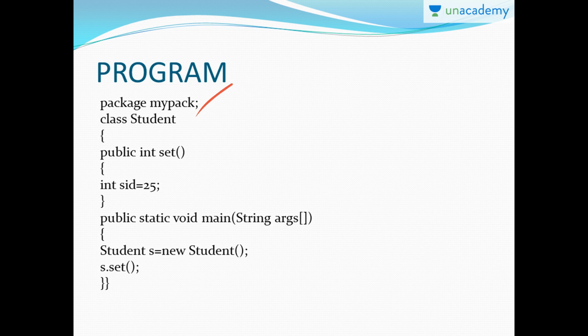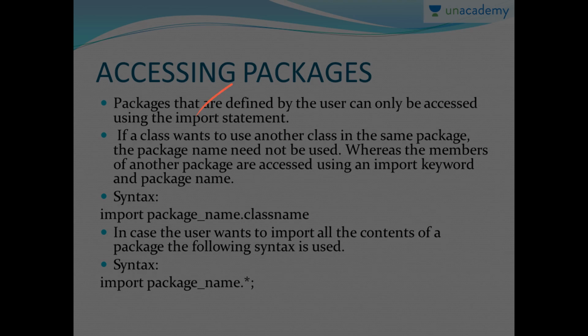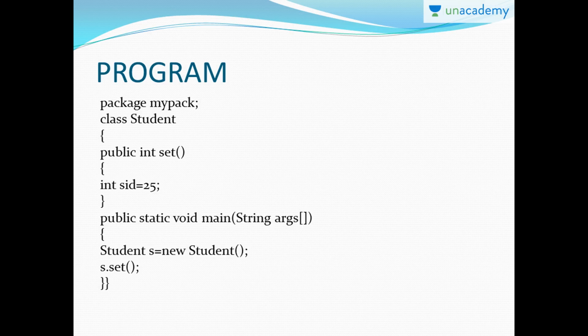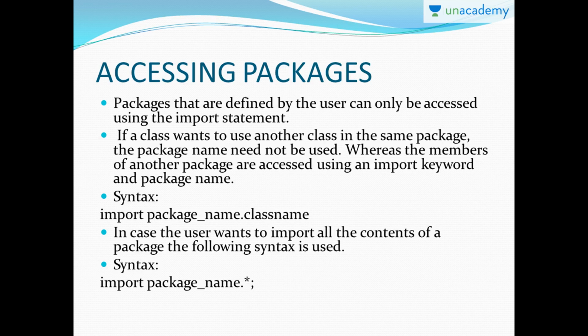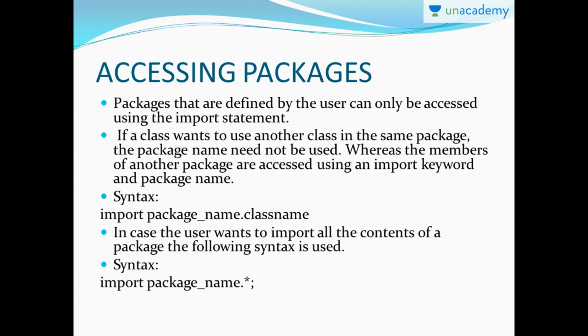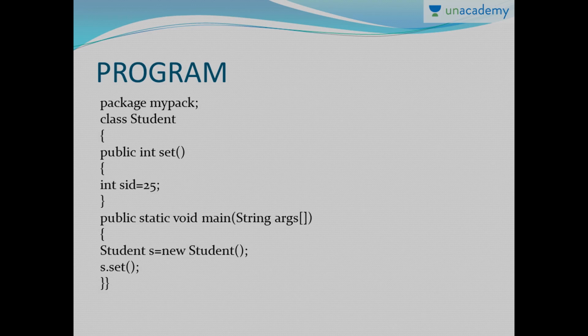So when we need to access the package, we write the package name, and when we need to access Student, as I've told you, import package name. Here the package name I have given is mypack, so I would write import mypack dot class name, which here is Student. So when I have to access the Student class, I can just write import mypack.Student, and I would easily be accessing the Student class immediately. So this is the way it is done.